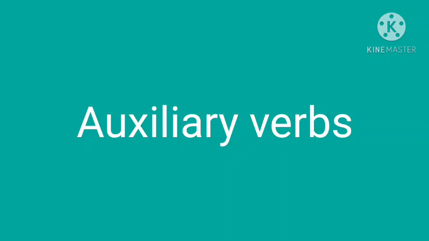So, in this way, we have discussed the use of do, have, and be as a principal verb and as an auxiliary verb. In the next chapter, we discuss modal auxiliaries. These topics are related to grammar, and these topics are useful for the students of BA Part First General English, as well as the students of literature, because grammar should be clear to every student, and if we have a good knowledge of grammar, we can do well. Thank you.